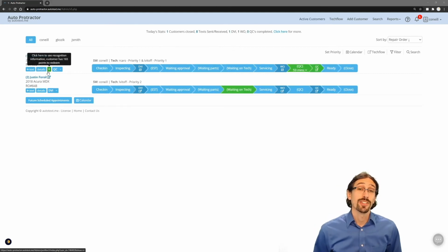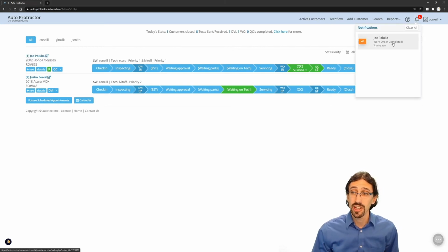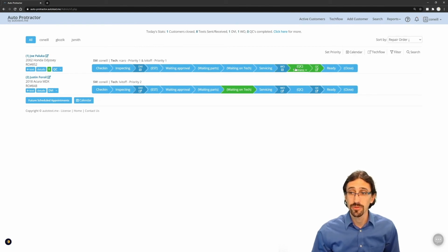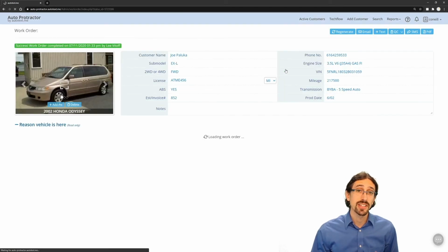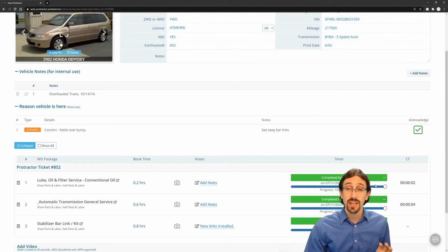Now we're back here as our service writer once again. We also have received another notification indicating that the work order is complete. Of course, we see the checkbox here as well. I can clear that, I can go review it. Reviewing it is a good idea, especially with the ability of technician notes going back into Protractor. Another reason you might want to review it is clocked time, if you are tracking this, can be pushed right into